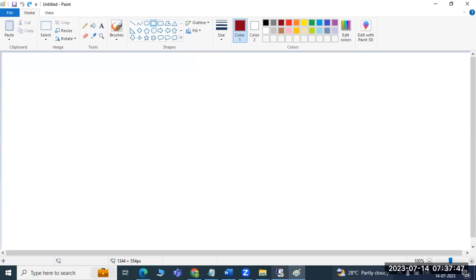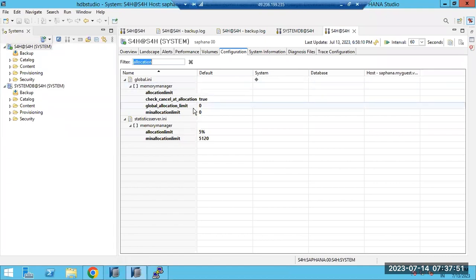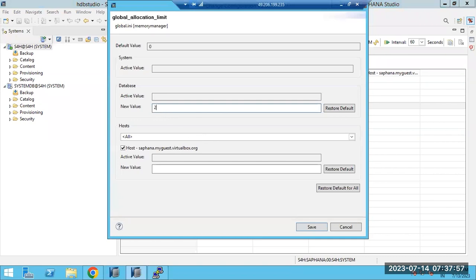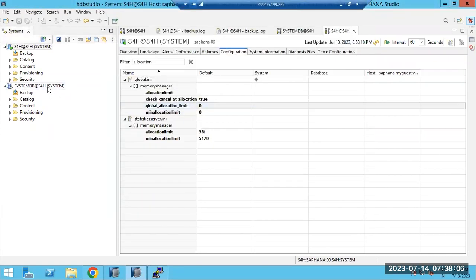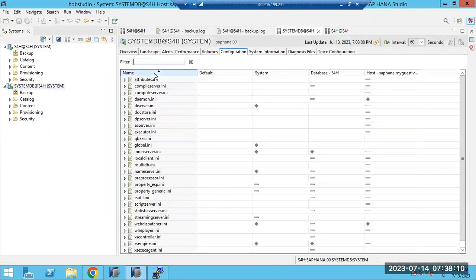Then how are you doing it? In the HANA configuration, in the allocation limits, you have to set it here. The global allocation limit for memory, you have to set it here. Maybe 20 GB, then you can give 20 GB for one kid, 20 GB for another, and the remaining for the system database. One remaining GB for the remaining HANA server, you can give it. So if you define this one,